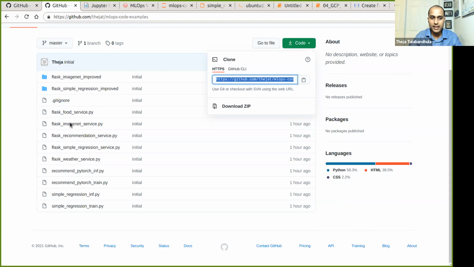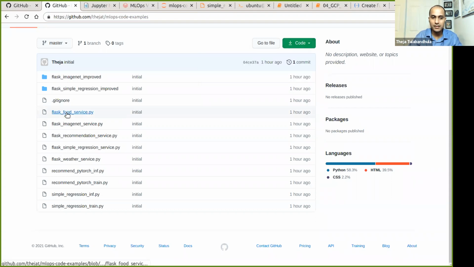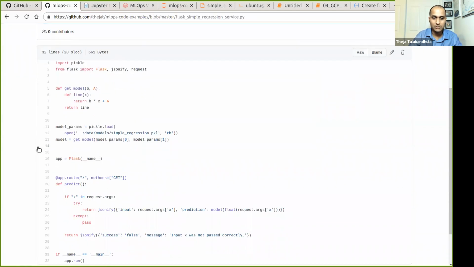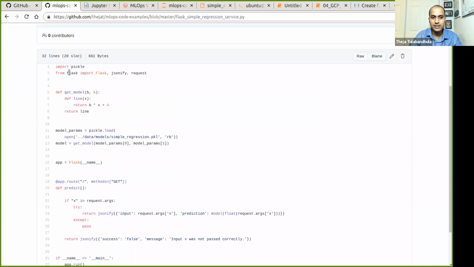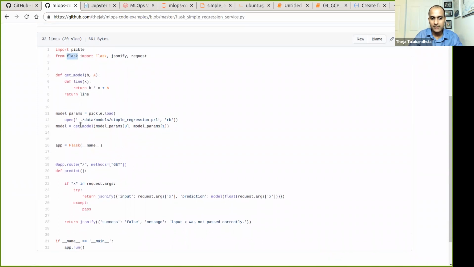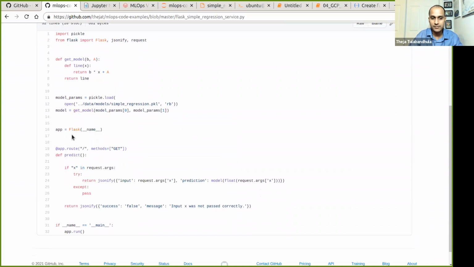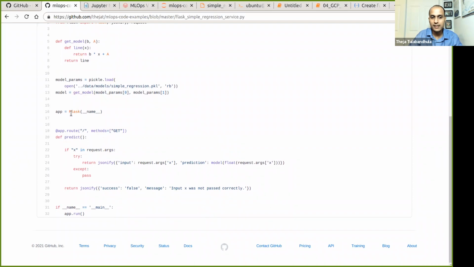Okay. And we have seen this, right? For example, Flask, the food server thing, or even the simple regression thing, which is actually much simpler. You just need to instantiate Flask, have a model ready, and then the Flask part is just saying, start a Flask app and match a URL to a function. That was the key takeaway from Flask. If you can map a URL, so this URL is saying whatever is the IP address slash means this function has to be executed.